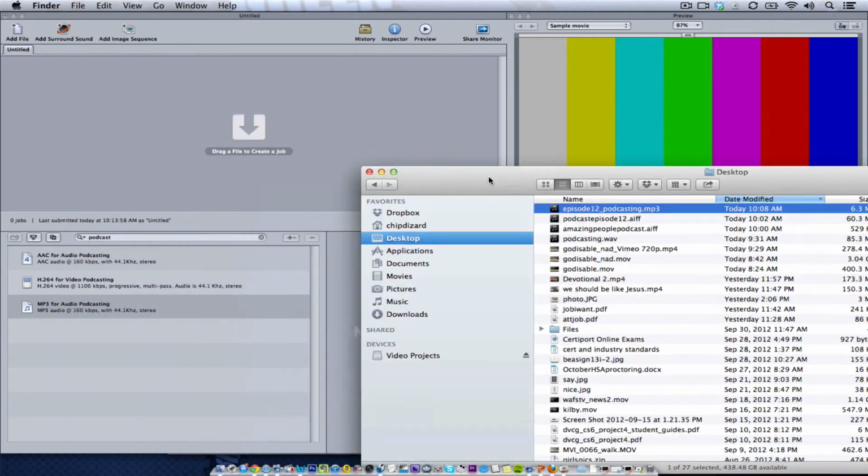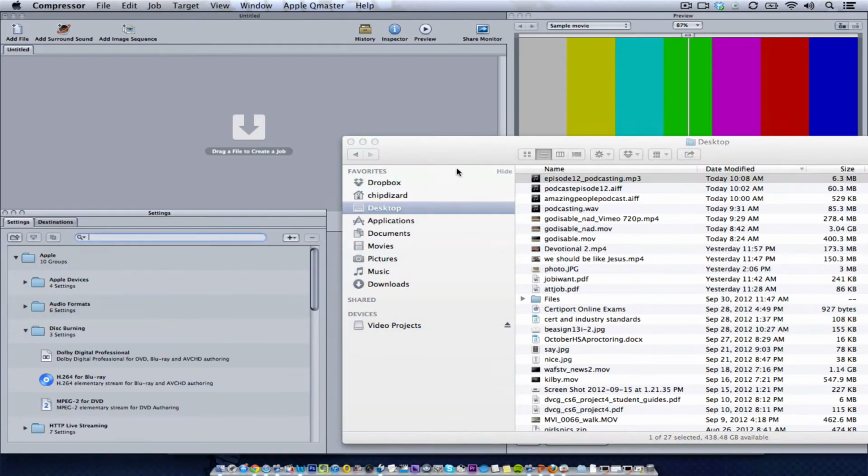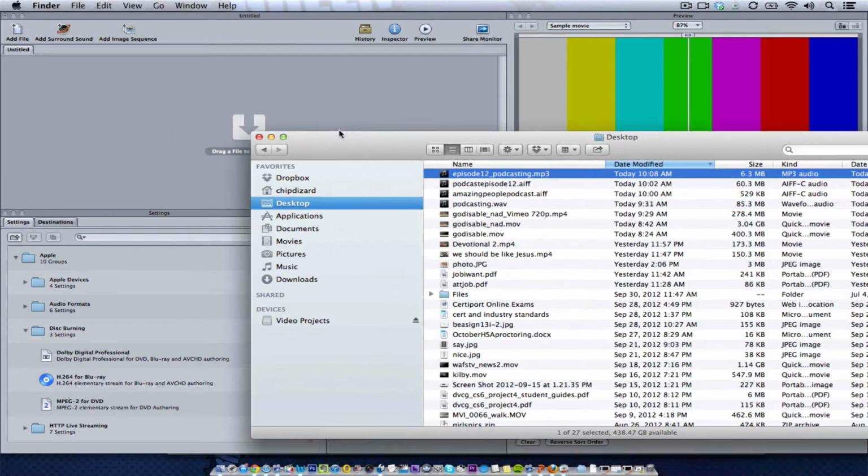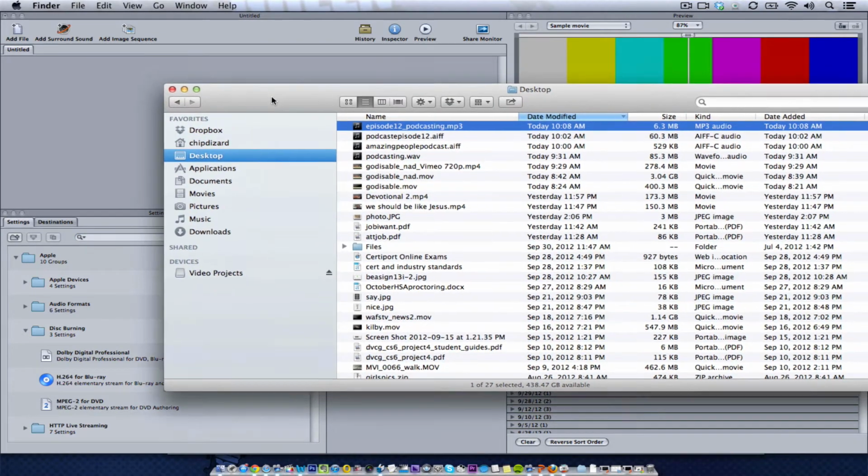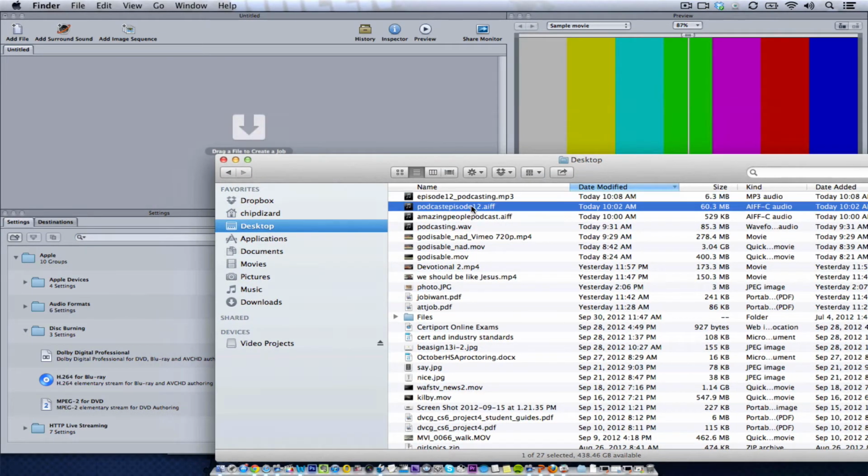All right, this is a bonus tutorial. I'm going to show you how I actually compress my files to make an MP3. This is just for Mac tutorial. So I get it down from about 60 megabytes to 6.3 megabytes. That's more palatable, and plus you need an MP3 in order to put it up on Libsyn or on Blubrry